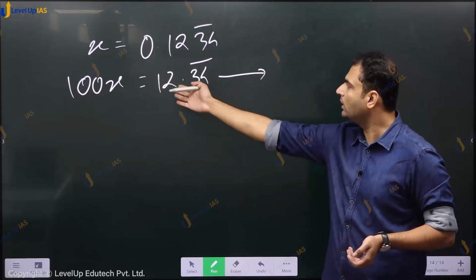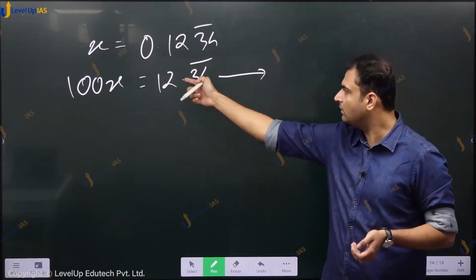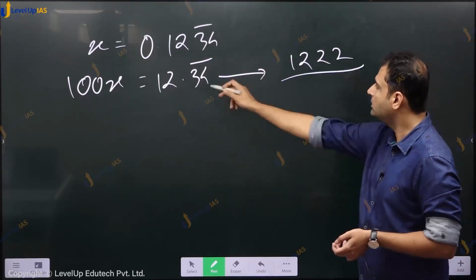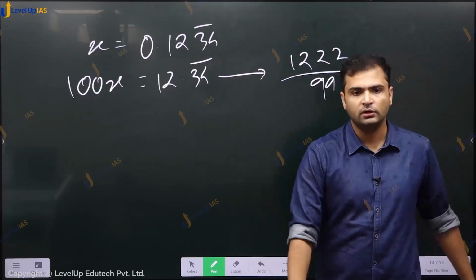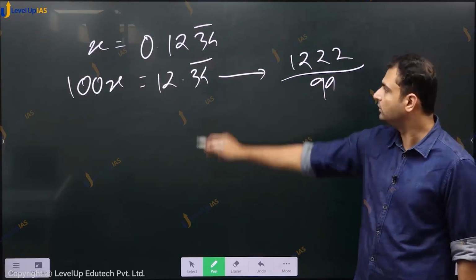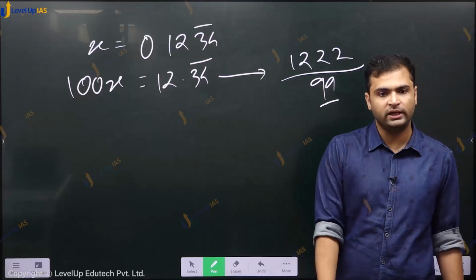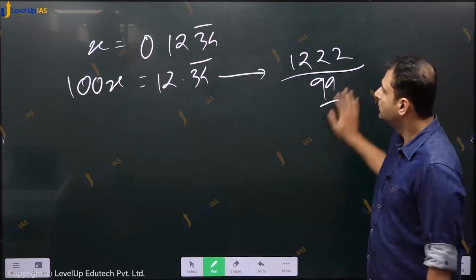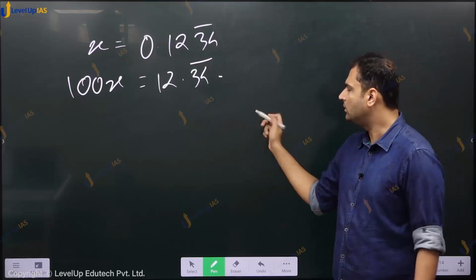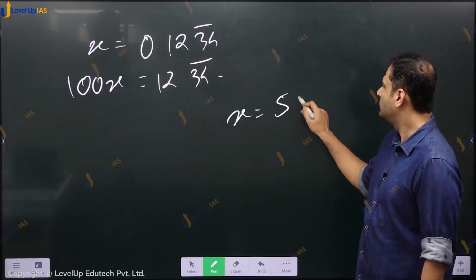Otherwise also the working rule होगा 1 2 3 4, पूरा नंबर विदाउट डेसिमल कंसिडर करके उसमें से 12 सब्ट्रैक्ट करना है मुझे, तो मिलेगा 1 2 2 2, और जितने भी बार जितने भी डिजिट्स रिपीट हो रहे हैं उतना बार 9 लिखना है मुझे. तो there are 2 digits that are recurring, so I'll write 2 times 9. That was this case. And the final case, if I have something like an integral part भी है 51 point,